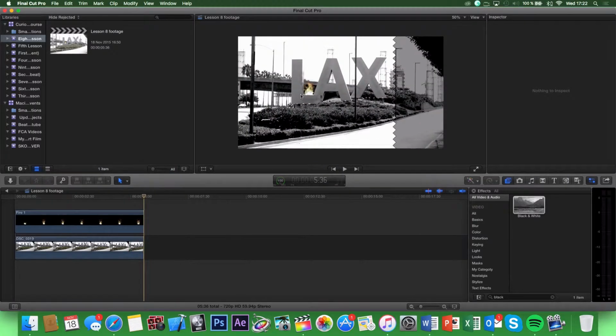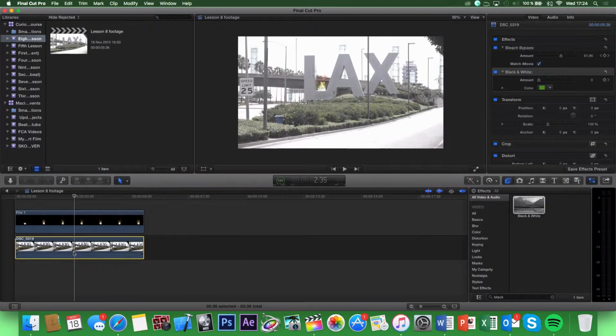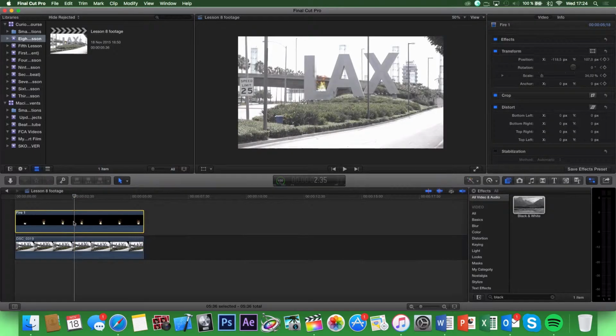But if you do want to add the same effects as you have on the footage onto the fire, there is a very simple way you can do that. So to do it, you want to go down to your timeline and select the footage with the effects on it. Then you want to hit Command C to copy the effects. Select the clip that you want to add the effects onto. Hit Command Alt or Command Option V to paste the effects. I'm not going to paste the effects since I really like the contrast of having non-saturated footage and a saturated fire.